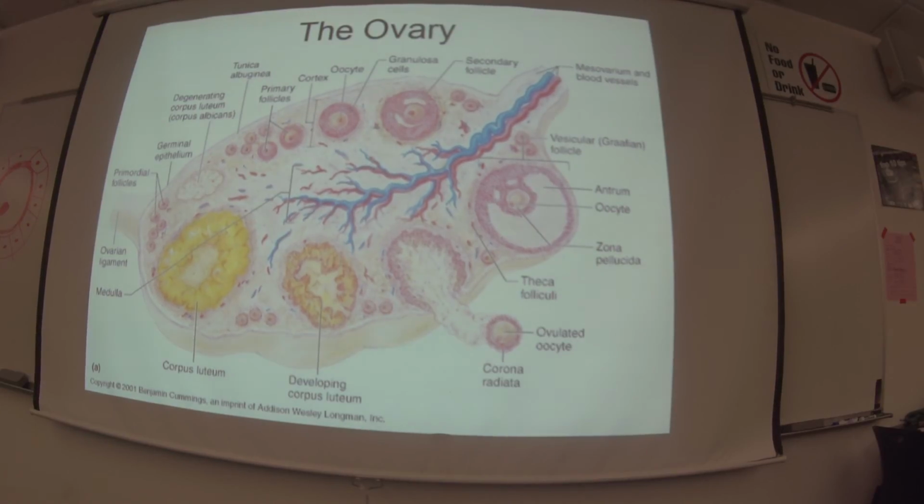So there's primary and secondary follicles and primary and secondary oocytes? Yes. And in the secondary follicle,